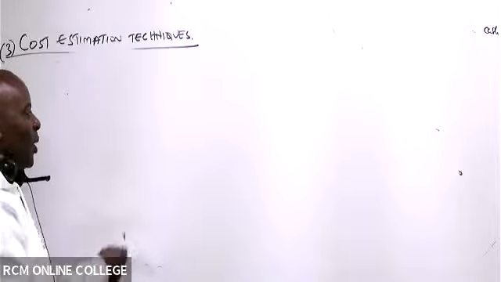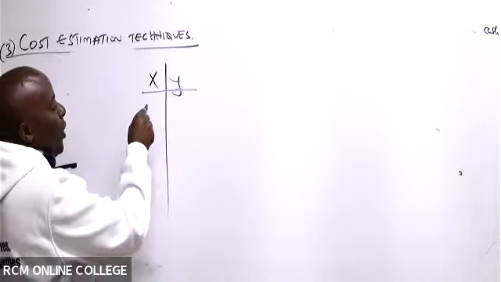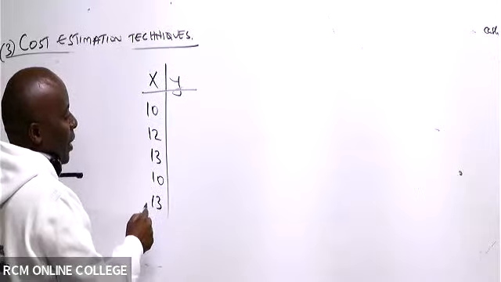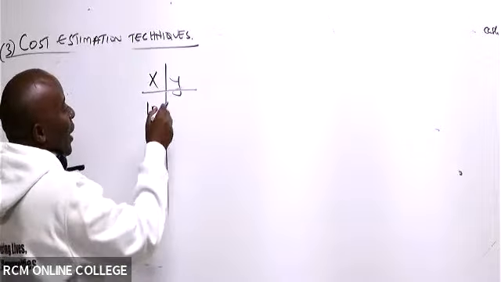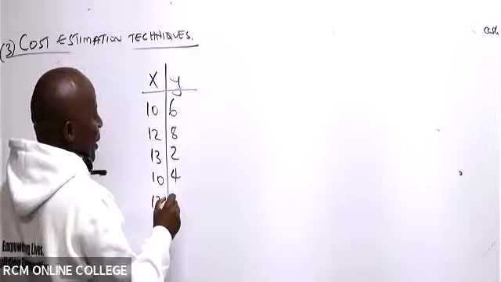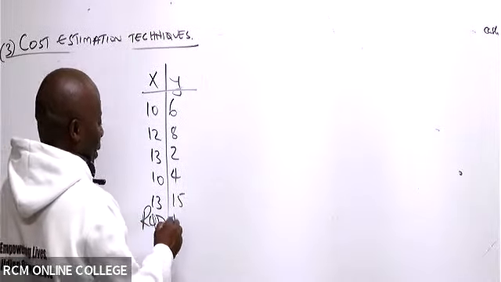Let me give you this one. So we have here X, we have here Y. X is 10, 12, 13, 10, 13. And then Y is 6, 8, 2, 4, and 15, like that. And then you are required to develop